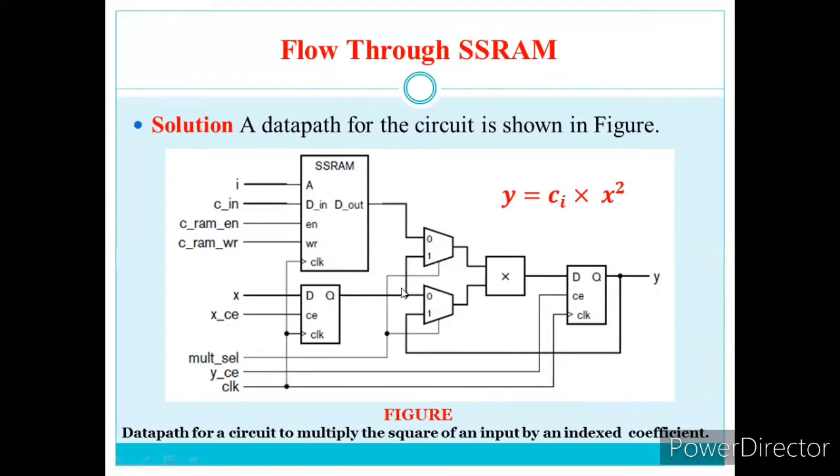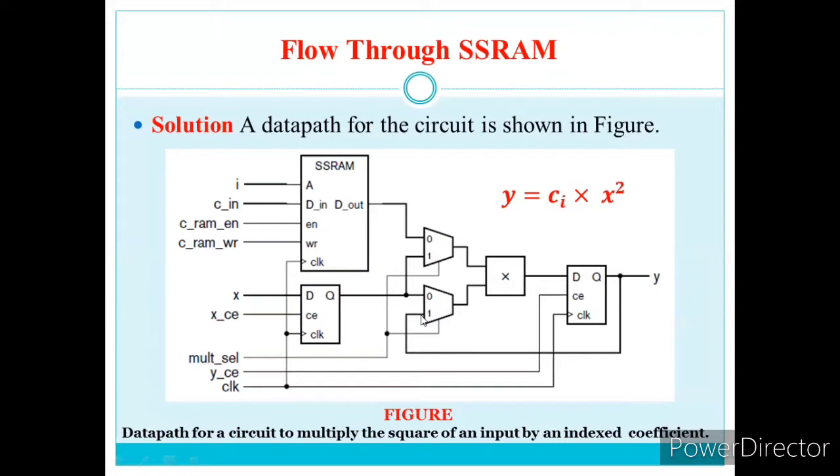If you observe, the output of the memory is given to input 0 and the output of the flip-flop is given to the other input. If the select line is 0, the multiplier select line is 0, then x is multiplied with the coefficient ci because it is selected and given as an input to the multiplier. The multiplier multiplies, and the result obtained is stored in a flip-flop. As we know, a flip-flop stores the results there. And the output is again fed back to the multiplexer here.